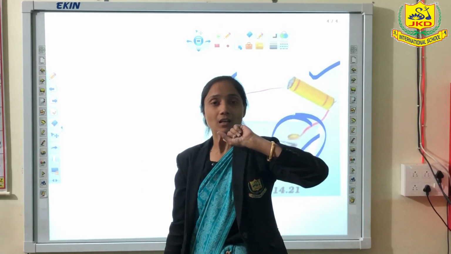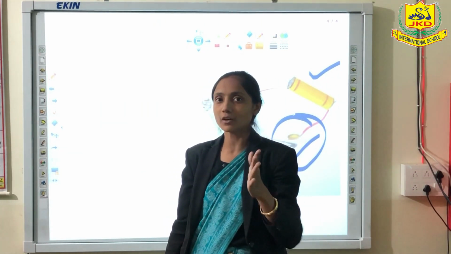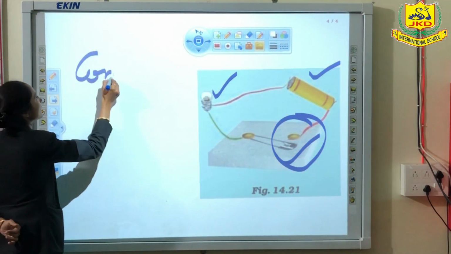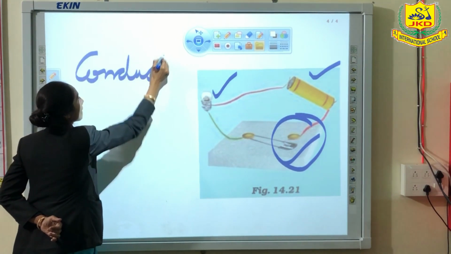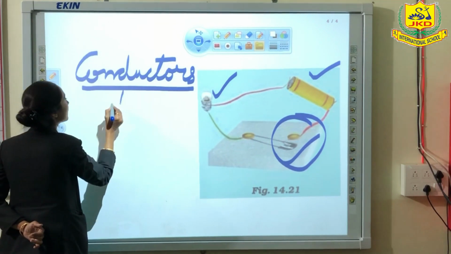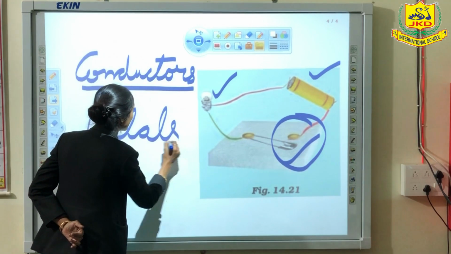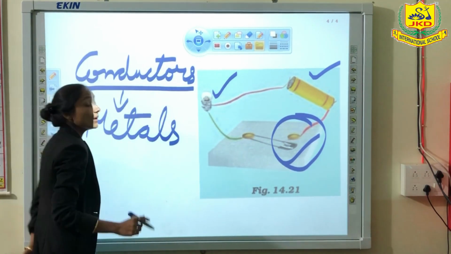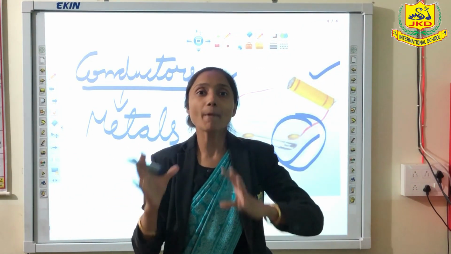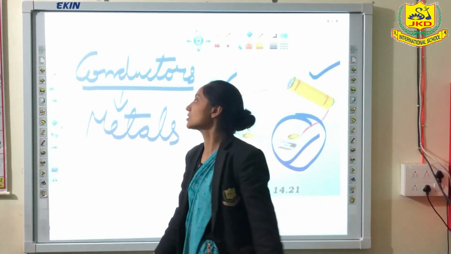For example, I think you have learned about conductors and insulators. If you have forgotten that, let us understand this together. What are conductors? Conductors are nothing but the substances which are made up of metals. Mostly they are made up of metals, and these conductors are good at passing on electricity and heat. So all the metals, mostly all